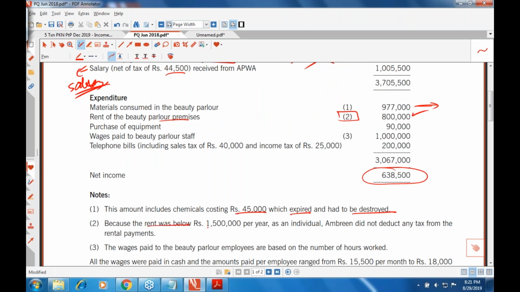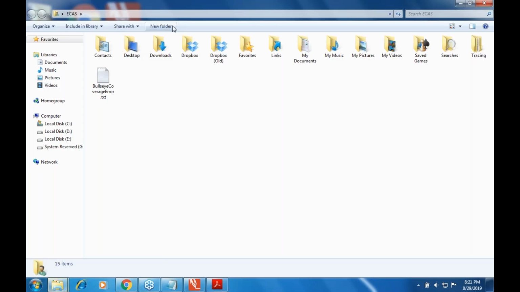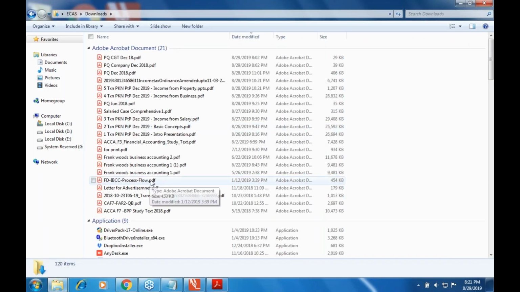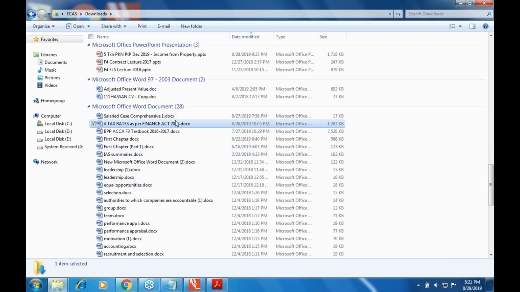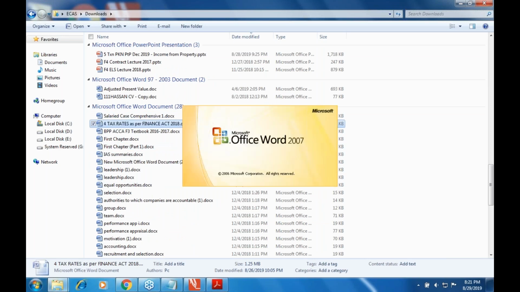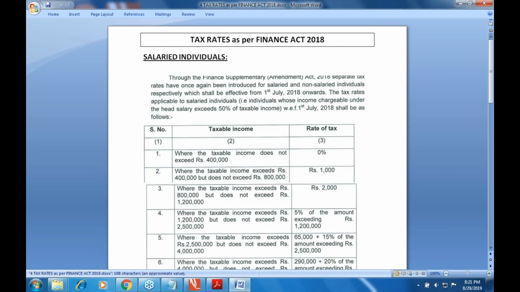It says because the rent was below 1.5 million per year as an individual, Amreen did not deduct any tax from the rental payments. Now we need to see what amount of tax actually arises on the rent. If you remember from day one, I had shared with you the rates as per the Finance Act 2016. If you could just review the rates as per the Finance Act 2016,